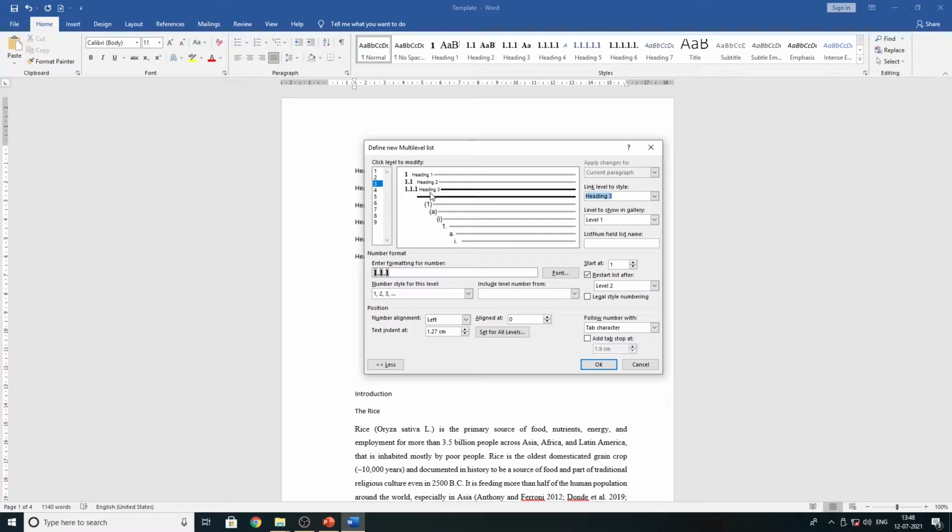Heading 3 is linked. Okay, now I'm going to create the fourth heading style. See, again I'm going to numeric 1. I'm going to delete this bracket and move to the left side. I always read the left side. Okay, then I'm going to add include level number from. First we have to select the highest one in decreasing order, dot over there. Then I'm moving left side. Then Heading style 2, dot over there. Then moving left side. Then level 1, dot over there.